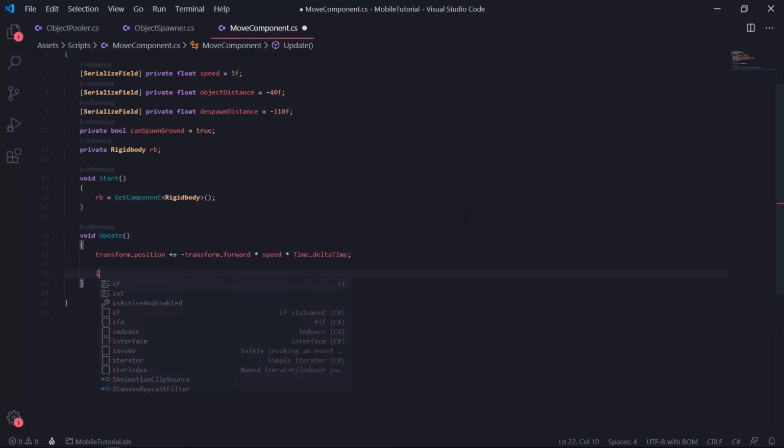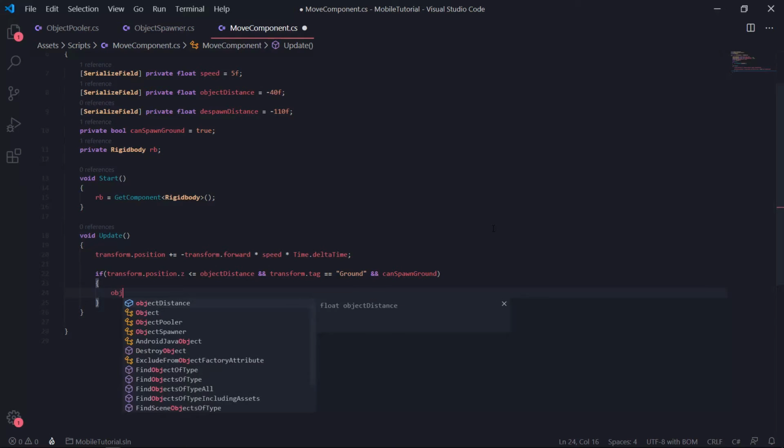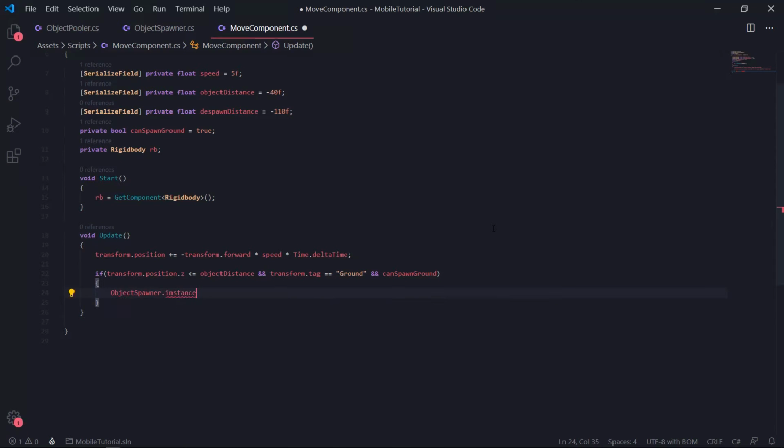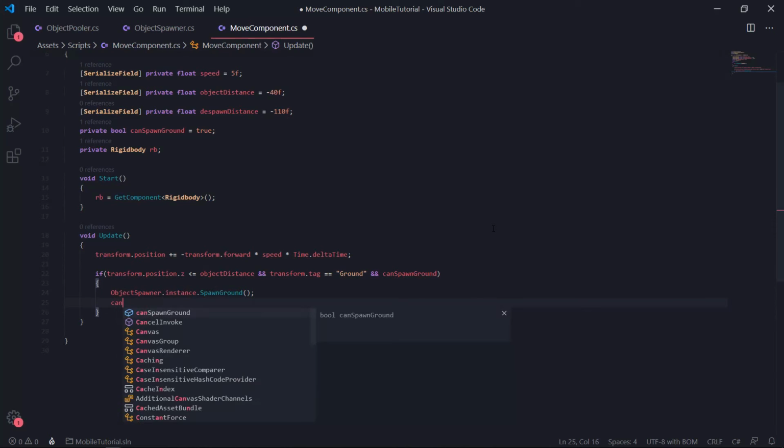Now we can check if our transform.position.z is less than or equal to our object distance, and our transform.tag is equal to ground, which we'll define in the editor. If the object that this component is attached to is the ground, and we can spawn the ground, then we want to spawn the ground. So we can go ObjectSpawner.instance.SpawnGround, and we'll set canSpawnGround